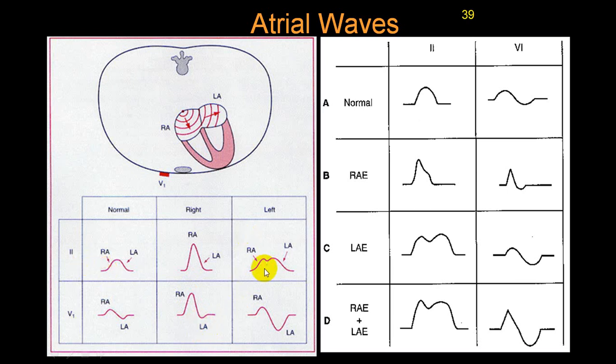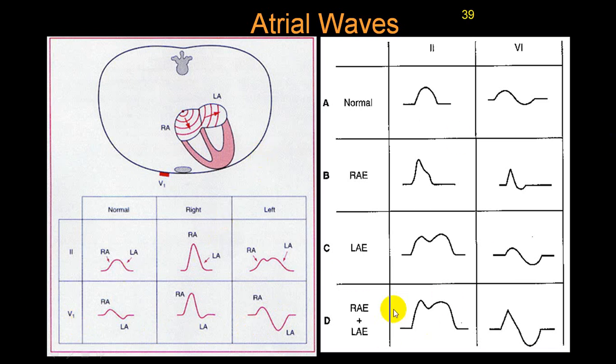While in left atrial enlargement, when you look in lead 2, the right atrium gives the first component and the left atrium gives the second component. So the first wave is small and the second wave height is more, but duration is longer. This gives rise to a typical M shape, we call P mitrale. And in V1 lead, you can see the first component is small, which is positive, which is by the right atrium, and the second component by the left atrium, which is negative, which is much deeper. So there will be a deep negative wave because of LA in V1 in case of left atrial enlargement. So this is peculiar.